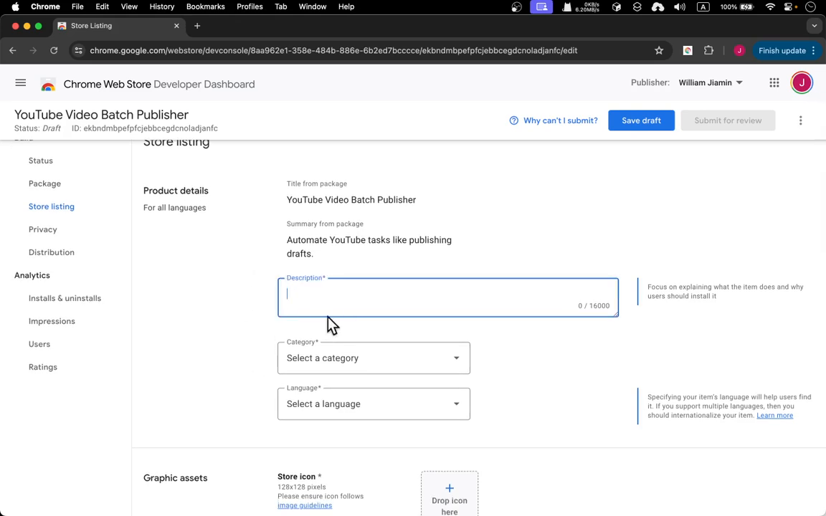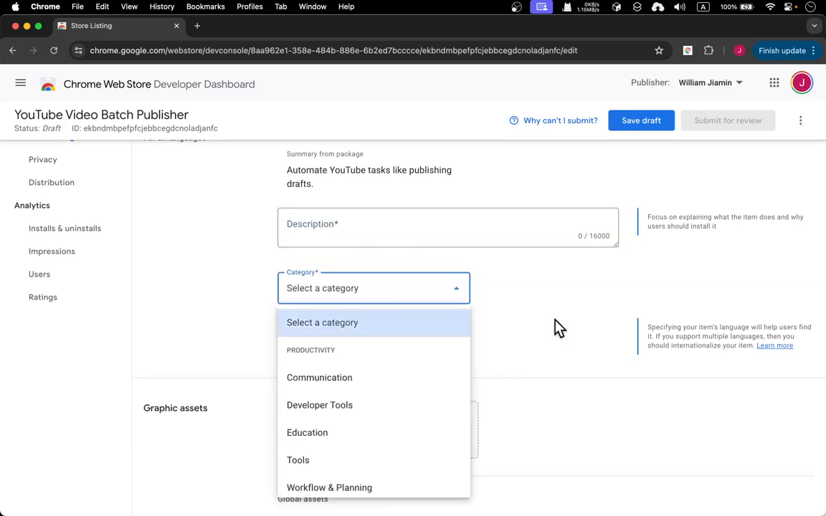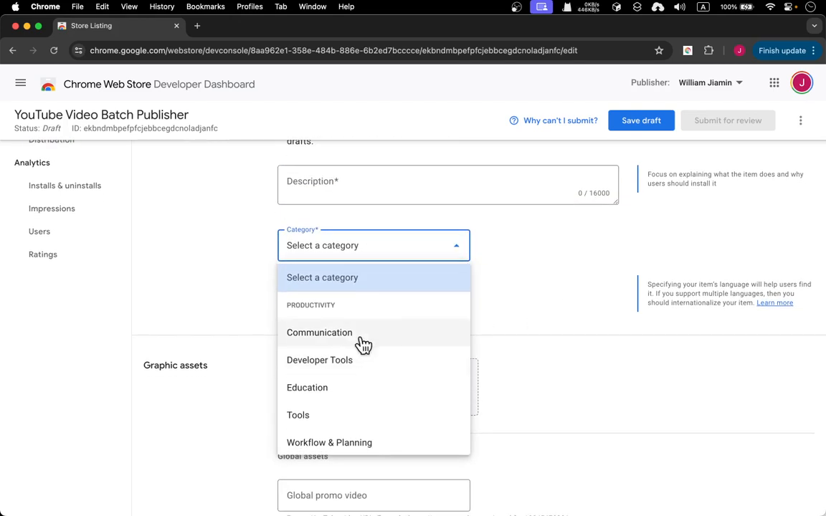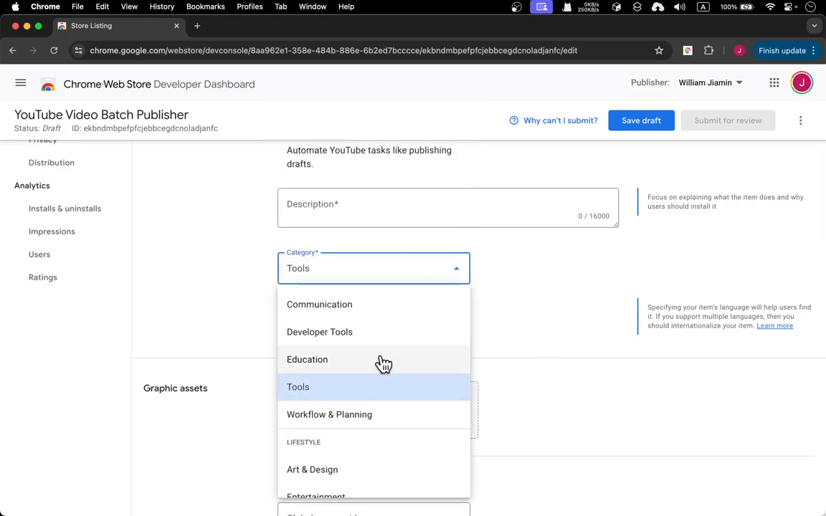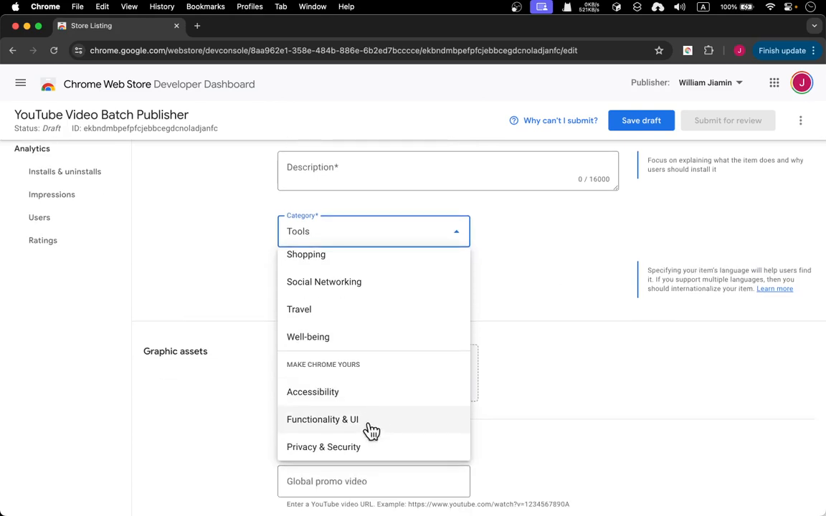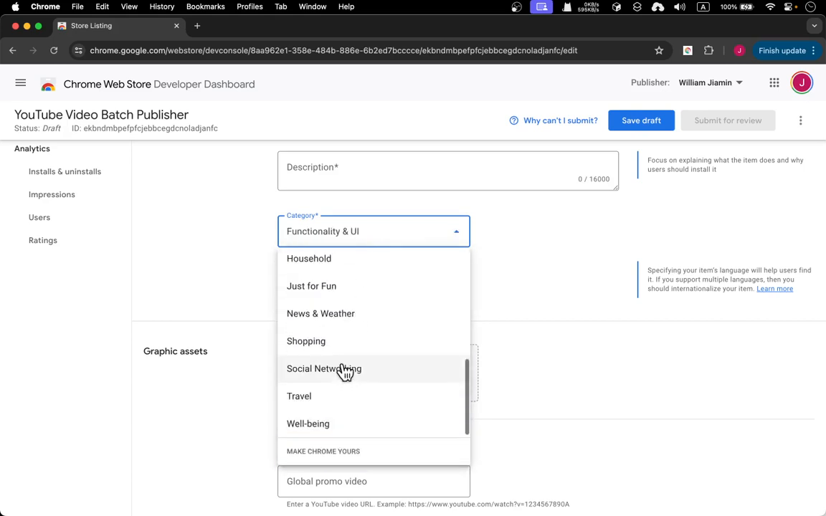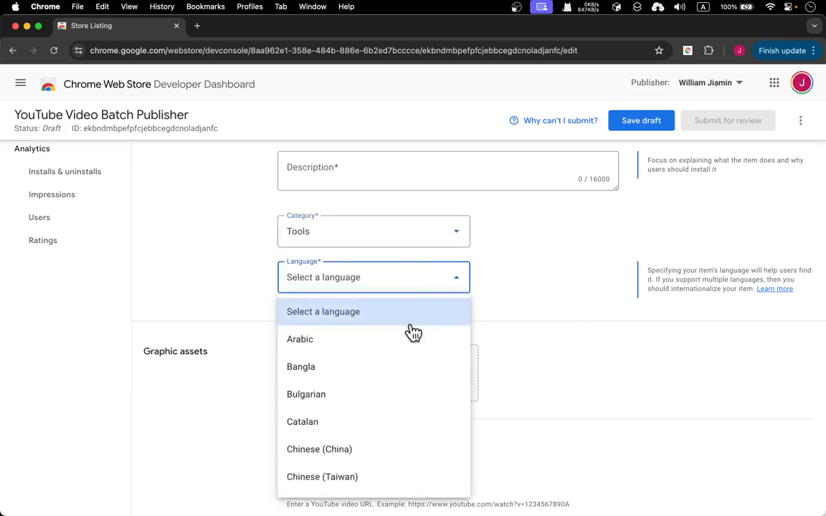And for all this, you can use ChatGPT or some AI like that to quickly write the description. It doesn't really matter. For the category, I believe this is not an education tool or something like that, but rather a tool. Or you can choose utility, something like that. Accessibility, functionality, UI. It's not functionality per se. I believe it's more like a tool. So, select language,